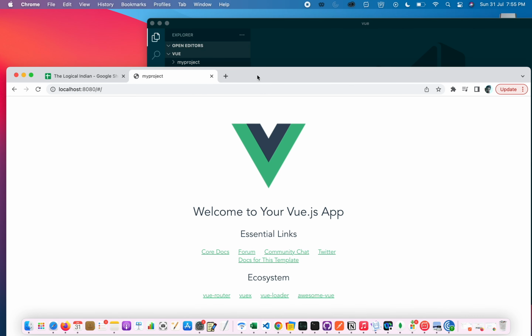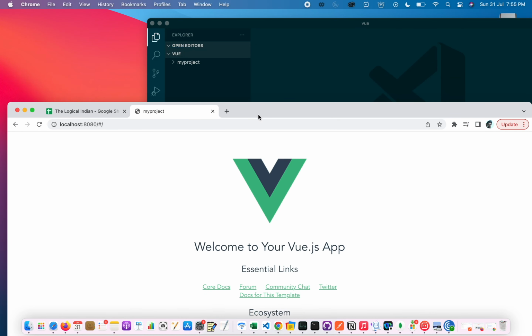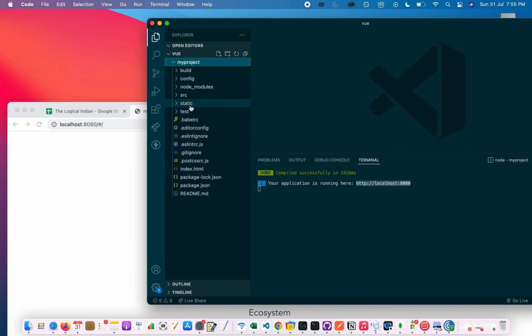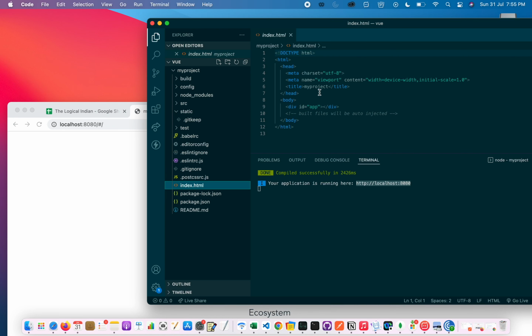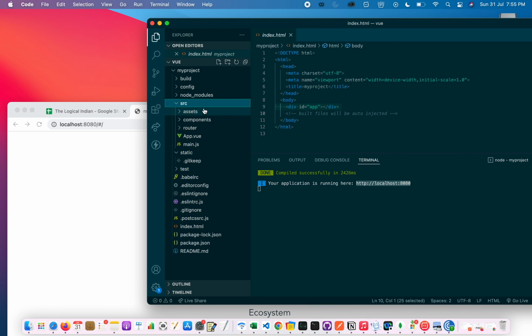So welcome to your first app. This is your first Vue.js app. Now let me show you how it is working. So index.html will provide the basic HTML framework, and then it will load the app from the source